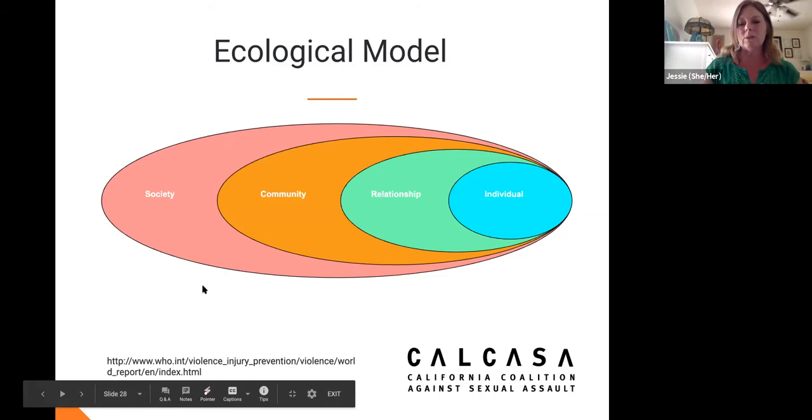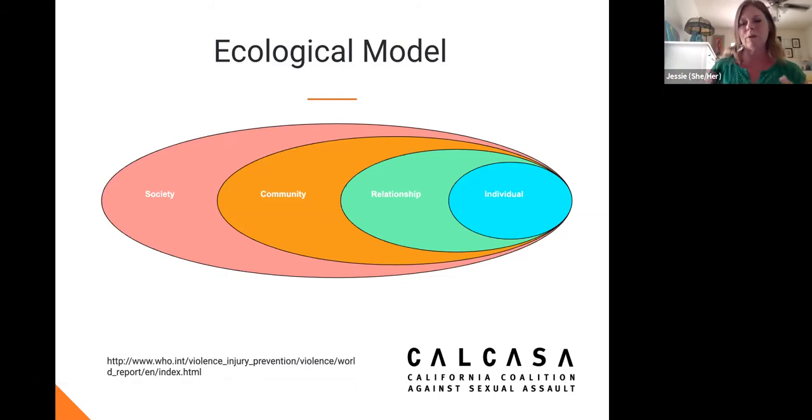And so you can see that what we want to do with comprehensive programs is to change not only the individual and their relationships, which I think we're really good at, and those are more clear. We do them through curriculum. I know all of you are great facilitators with great personalities, not either or. And so making those individual changes is really